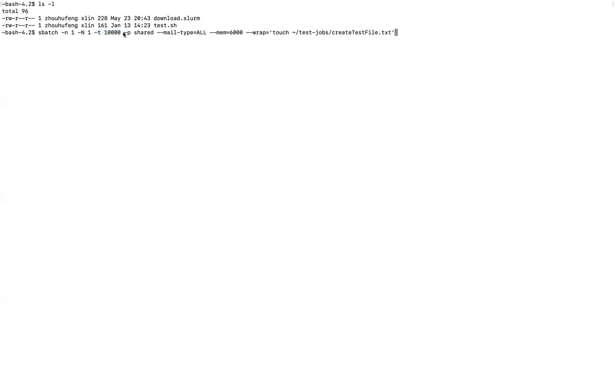And the partition I'm going to submit to is shared, and the mail type for the notice is all, and it requires about 6 gigabytes of memory. And within the wrap is a command line I'm going to execute, which is the job. It's basically where we put everything we want in the wrap